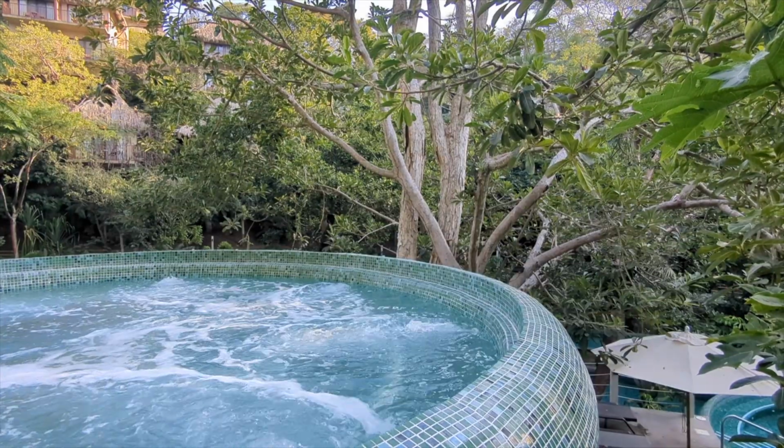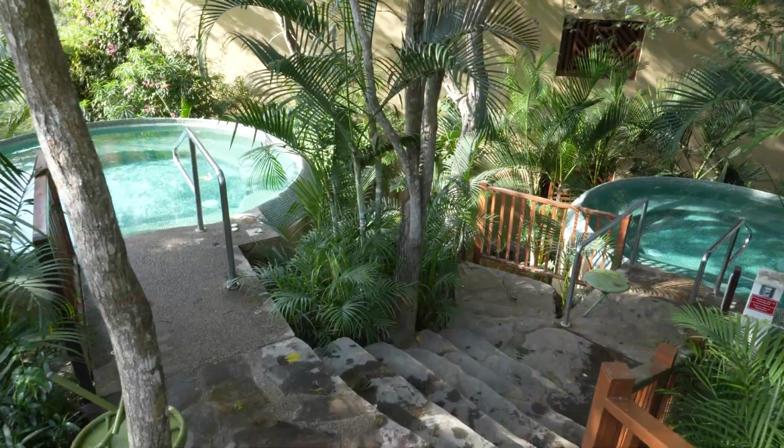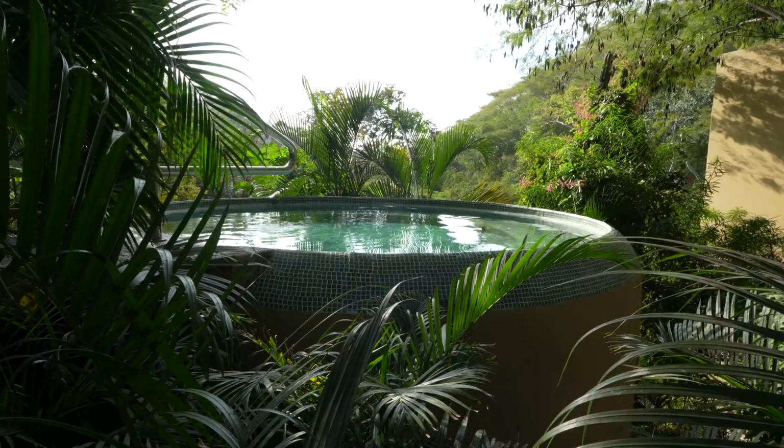Time to get started on this pool tour. We're gonna start at the top of the property, which is near where we're staying in building 4, and we are at the Half Moon Pool. There's one big long pool here embedded in the trees, and then there are several hot tubs, I think 3 in total, that provide some additional opportunities, but the hot tubs are adults only, so we'll just show you those